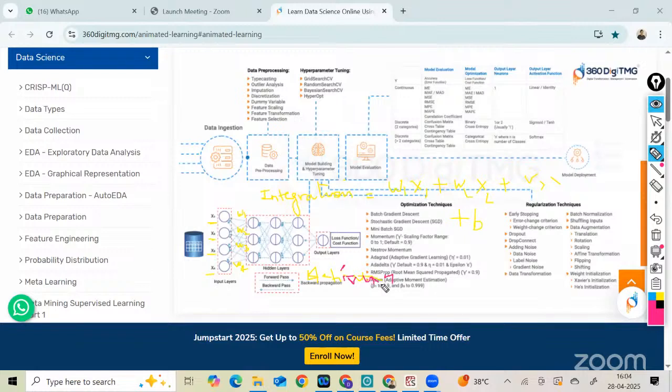For example, if you have your weights, suppose from here you are backpropagating till here. Here, how will the weights be updated? The new weight will be equal to the old weight minus the derivative, del of W. This will be your